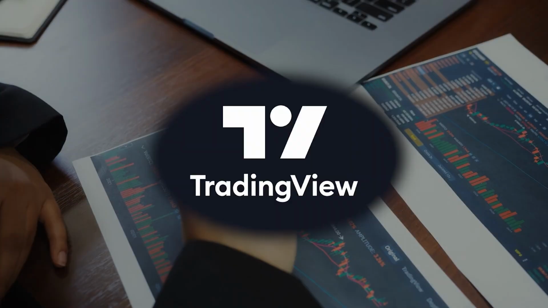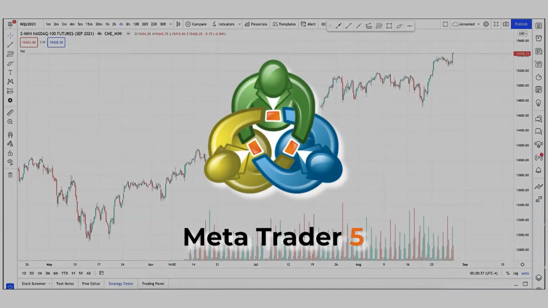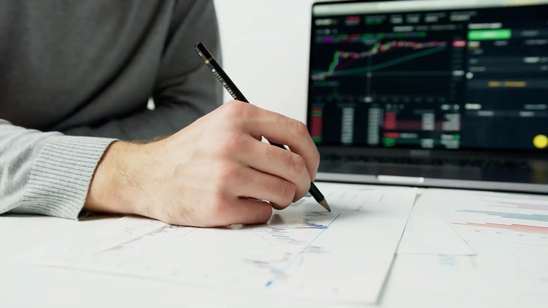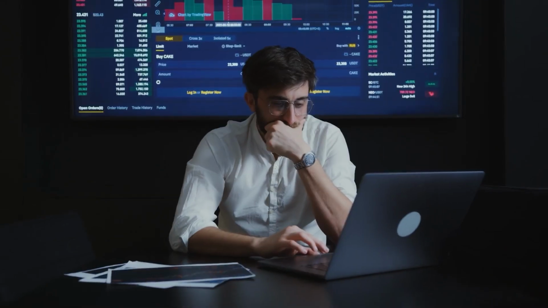As a beginner trader, which platform is best for you to use? Is it TradingView or is it MT5 or MT4? Alright guys, basically MT5 and MT4 have just some little difference, but if you know how to use MT5, you can transition to MT4, vice versa. In this video we are going to break down, as a beginner trader, whether you should go with MT5 or you should go with TradingView.